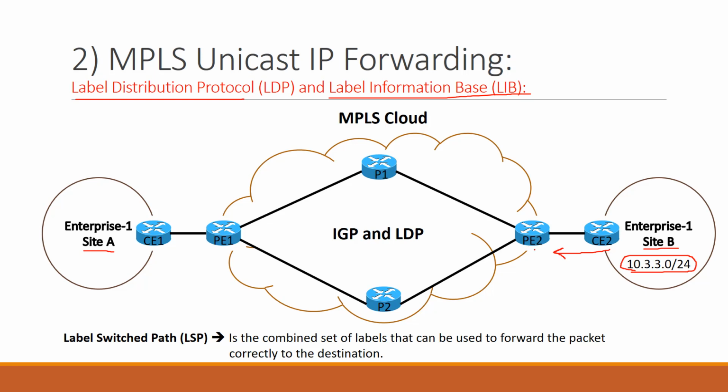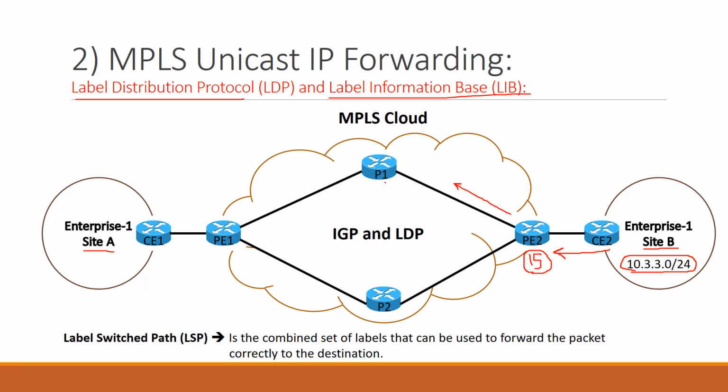And once BE2 receives these updates about 10.3.3.0/24, it will assign it a label. Let's say label 15. This label is called the local label. Once it assigns a label for this specific prefix through LDP, BE2,